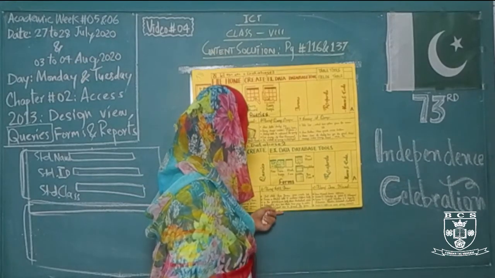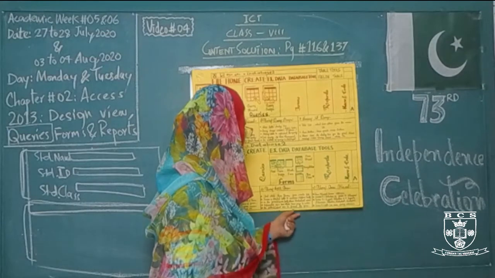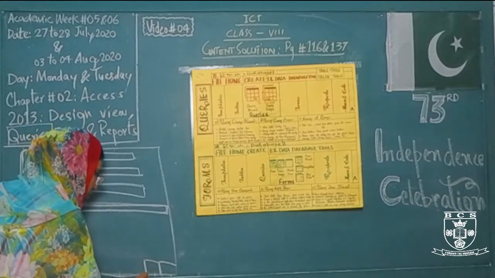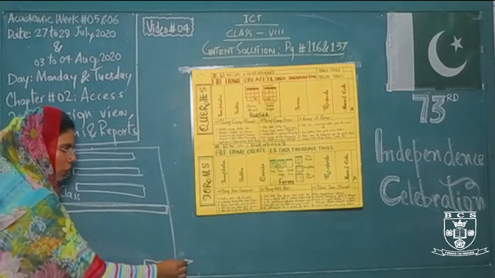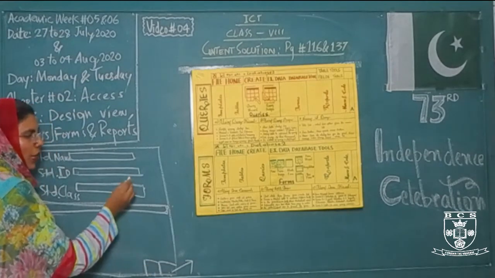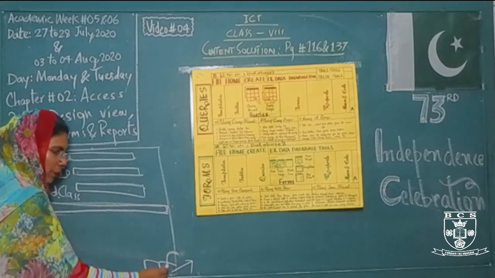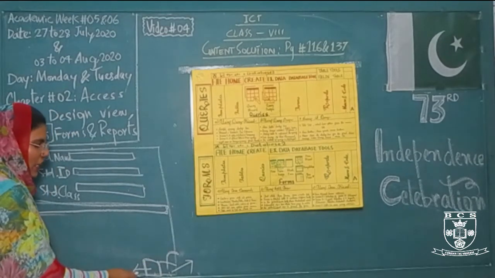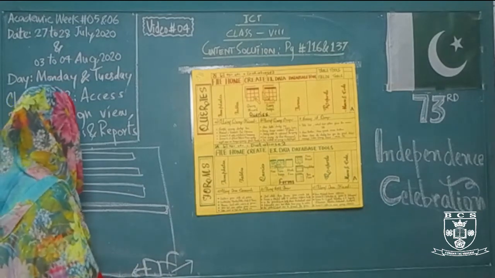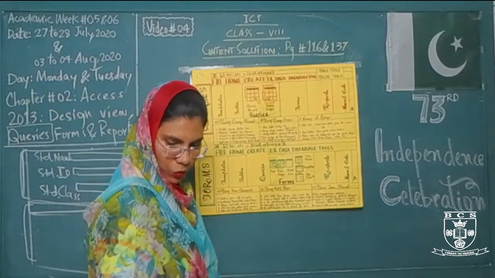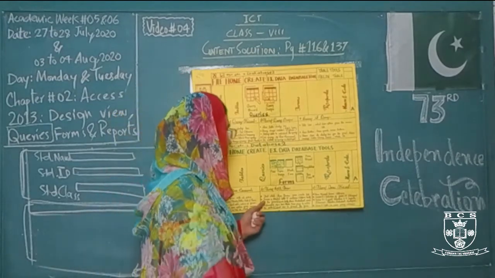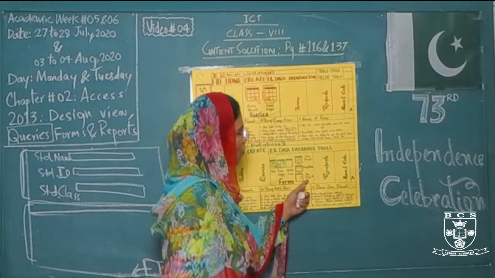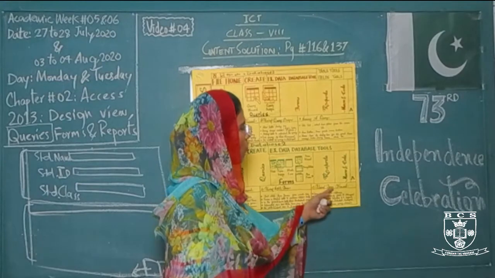So there are the two different views. First one is the layout view and second one is your form view. This is layout view. If you click this one particular button, you cannot enter the data right now, you can only format your form. And if you click this one particular button, that is form view. With this form view, you can easily edit or enter any type of data that you want to add with the help of your data sheet view or with your form. So this is the second method, that is by using split form with the help of this button, more forms. Then we are having the third way, that is using form wizard.